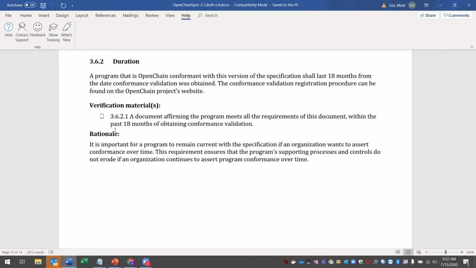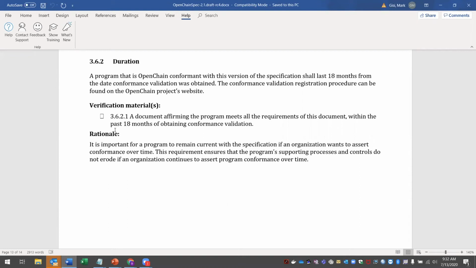I just have one question. How was the 18 months selected? Why did we come up with 18 months? Yeah, it was probably a discussion we had. It could have been 12 months, it could have been 24 months, it could have been 18 months. I think there was this debate around that range.